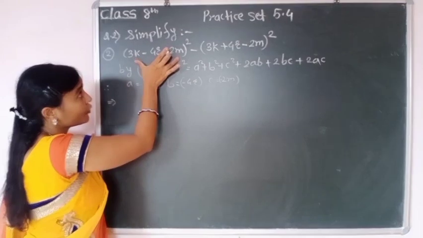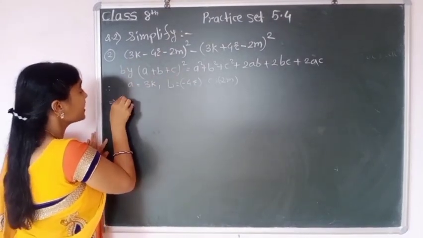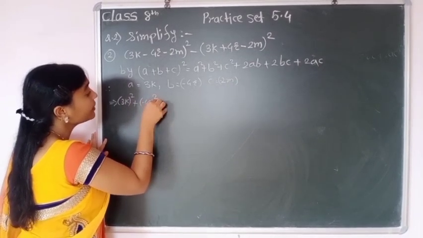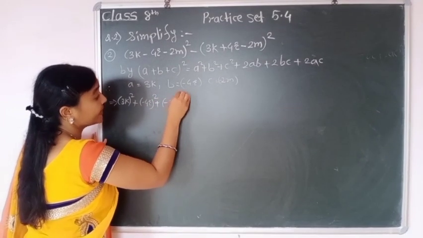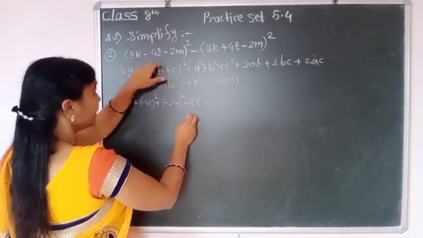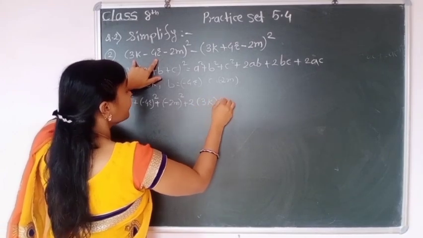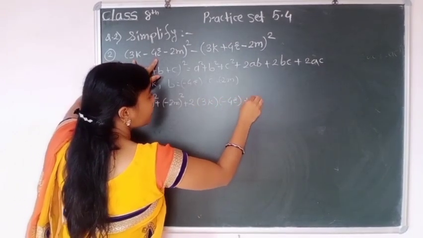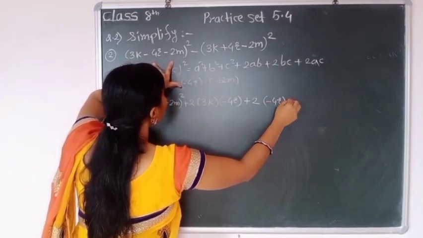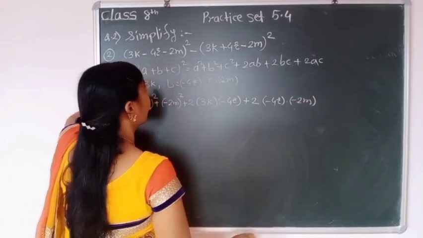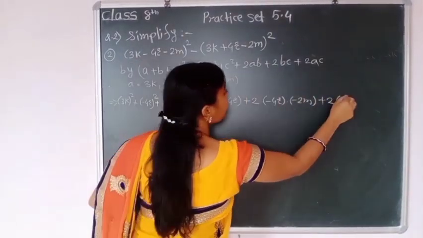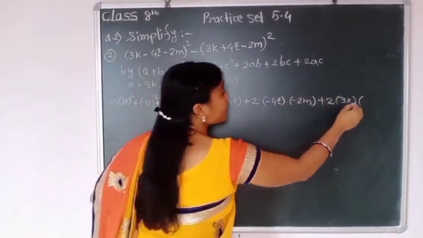First we expand this formula. a square means (thrice k) square plus (minus 4r) bracket square plus (minus twice m) bracket square plus 2 into ab, so thrice k into minus 4r, plus twice bc, twice minus 4r into minus twice m, plus twice ac, a into c, thrice k into minus twice m,